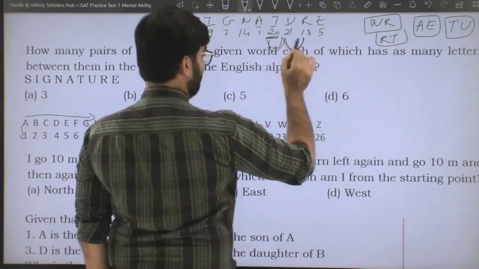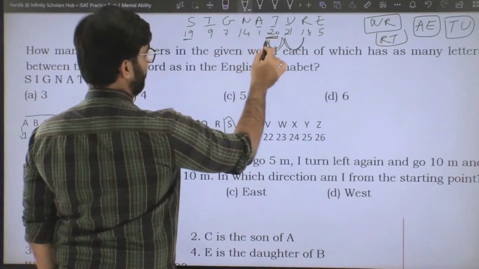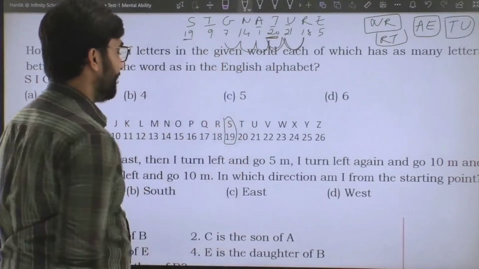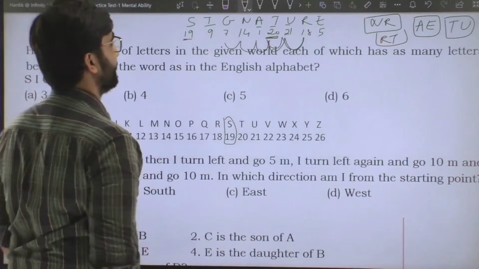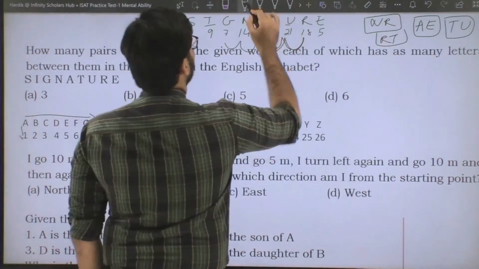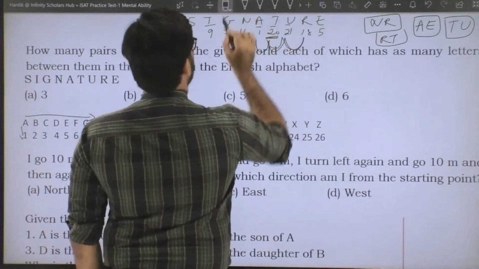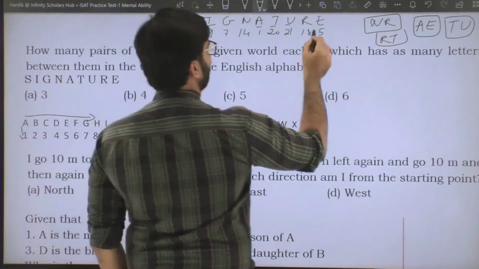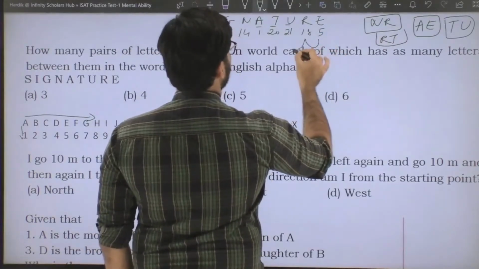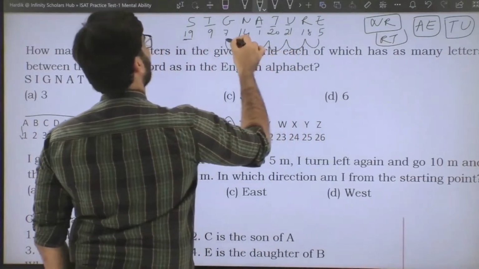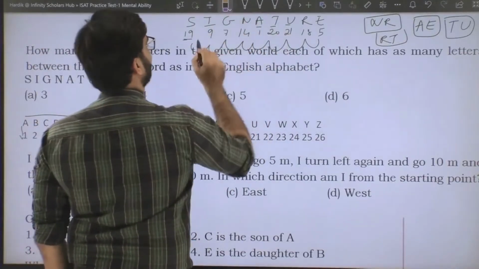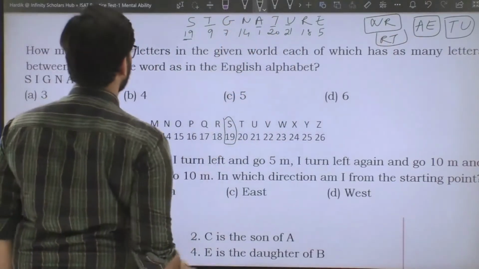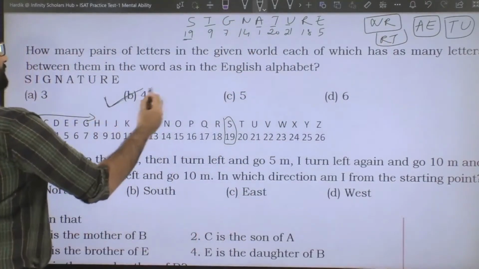After 18, don't stop over here, you have to keep continuing. After 20, 21, 22, 23. No point going this side because there are no numbers which are greater than 21. So there will be only the pair of R and T. Now after that finally we have 5. Okay, 5, 6, 7, 8, 9, 10, 11, 12, 13. No, there is no pair on this side. So finally we can say that there are 4 such pairs. So the correct answer for this was B.